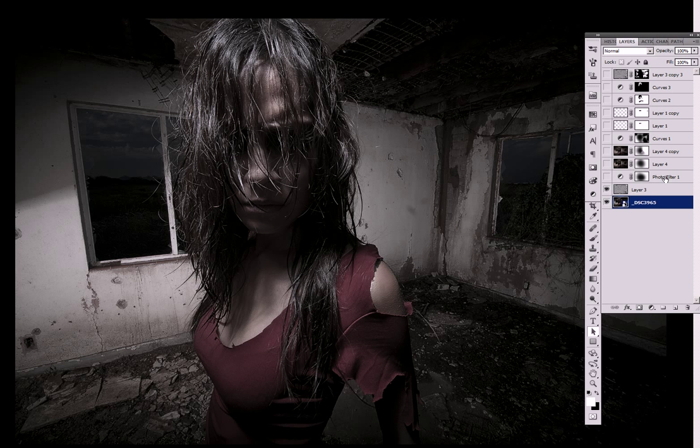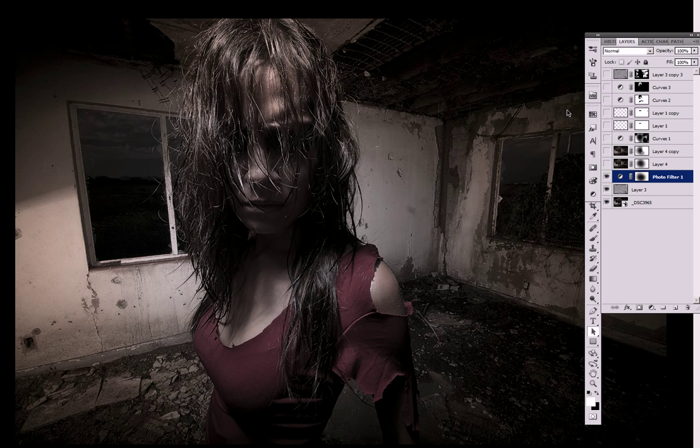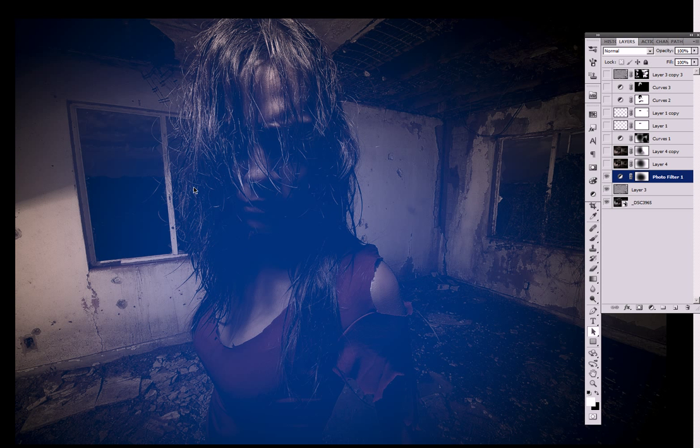And then the next layer is a photo filter, and what I wanted to do is warm it up. If you remember, the images are pretty warm overall in those samples that I saw. So I wanted to be faithful to that, but I wanted to stay cool on her face. I didn't want to warm her face up. I kind of wanted that warmth around her, like the place is glowing a little bit. So I decided to do that just by using a regular old warming filter. It's the 85 warming filter, and then I just masked it out from her face and chest and around here, and I just let it fade out, which gives that look of